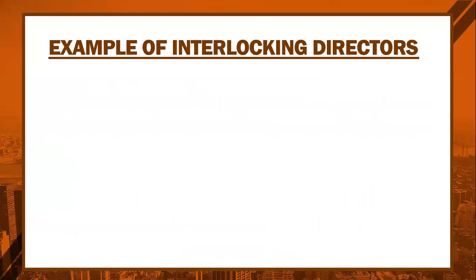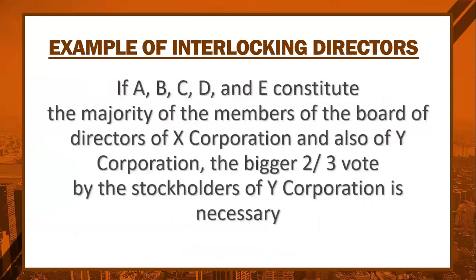Next, the example of interlocking directors. If A, B, C, D, and E constitute the majority of the members of the board of directors of X corporation and also Y corporation, the bigger two-thirds vote by the stockholders of Y corporation is necessary. Dito, the extent of the shareholdings of A, B, C, D, and E in X corporation is immaterial. Kasi sa interlocking directors,